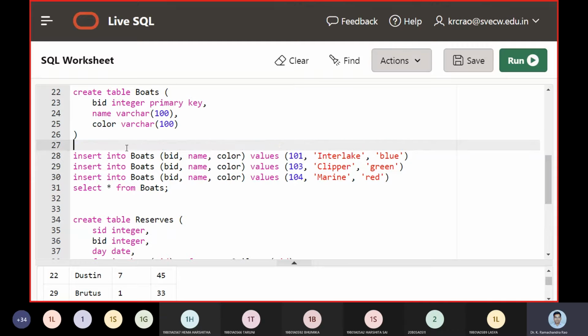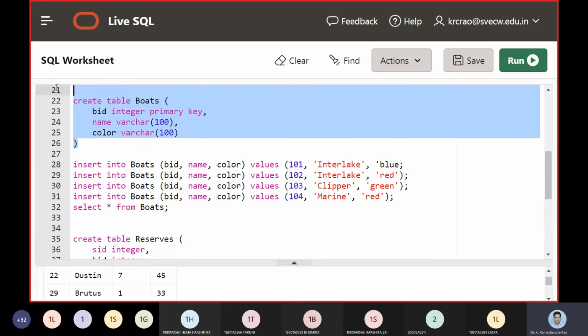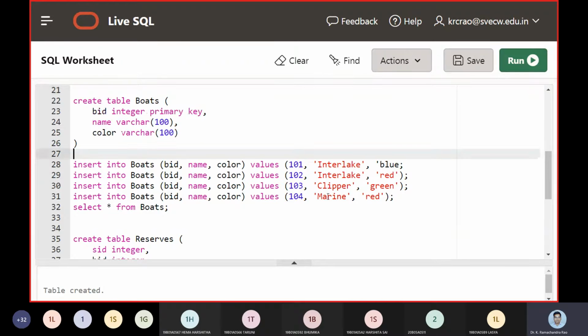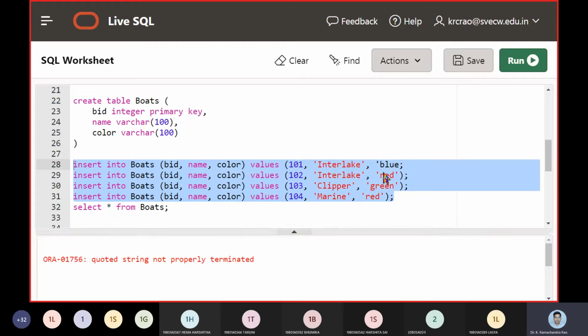So in this model, we are going to have the insert operations one after the other for the boat databases. Let us make this boat with 101, 102, 103, and 104. Now I'm hitting the run button towards creation of a table, and thereby I'm taking up the insert commands towards putting the values into the database.